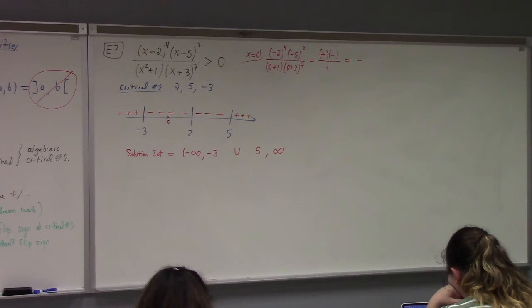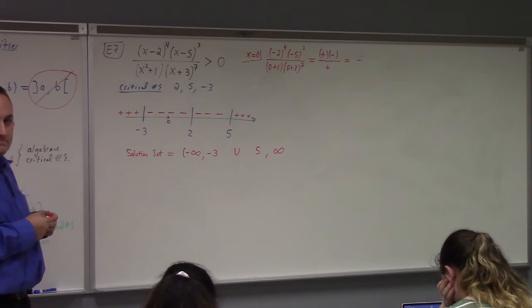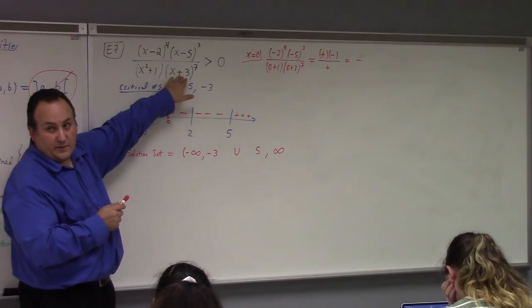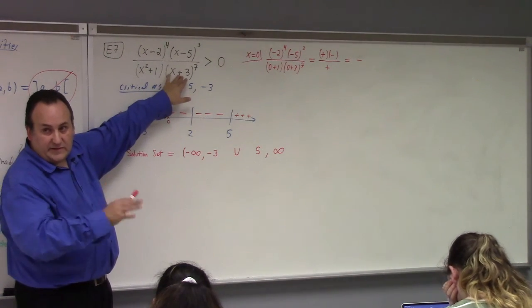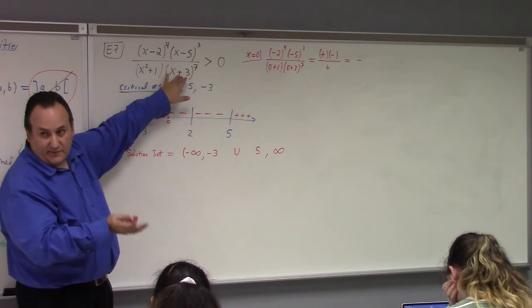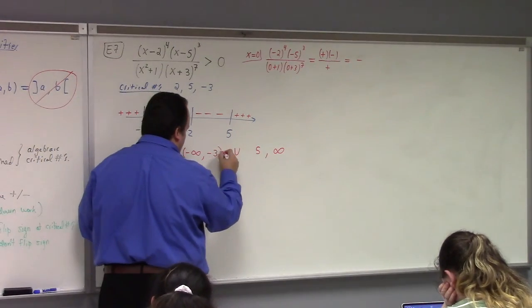And I got to be careful here because I'm going to trick myself. If I'm not careful, I'm going to miss something. So you guys, do I include or exclude minus 3? And why? What's going on at minus 3? See the expression? Minus 3 puts a 0 in the denominator. This cannot be permitted, right? So we have to exclude that. That's not something that's well defined. We don't have a positive number if we have division by 0. We just have something undefined. So we must exclude the minus 3.